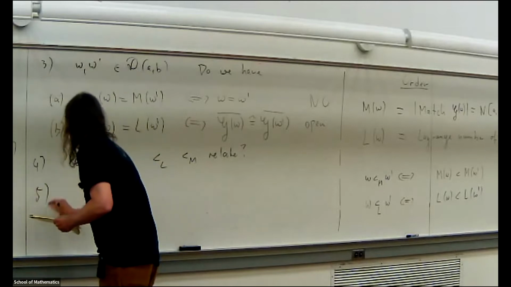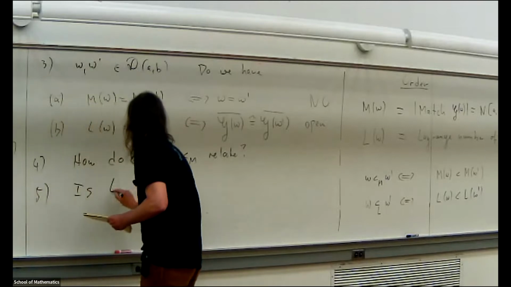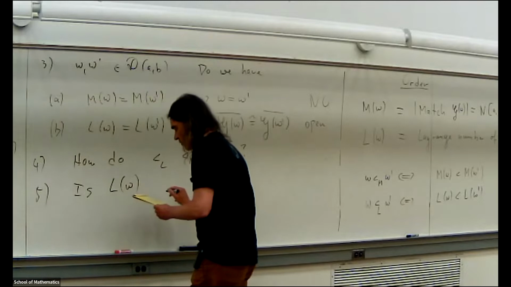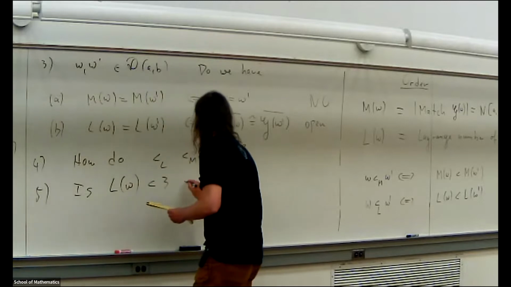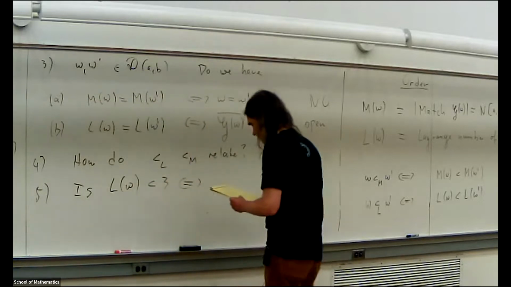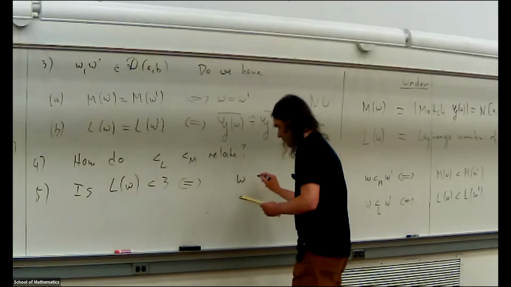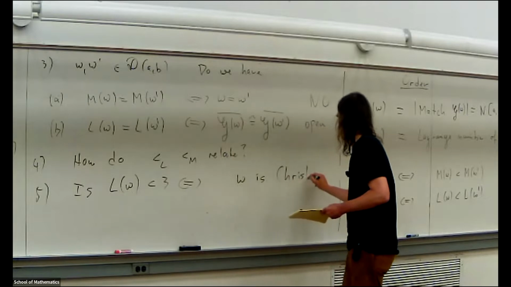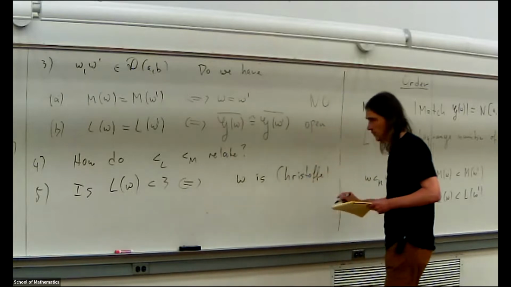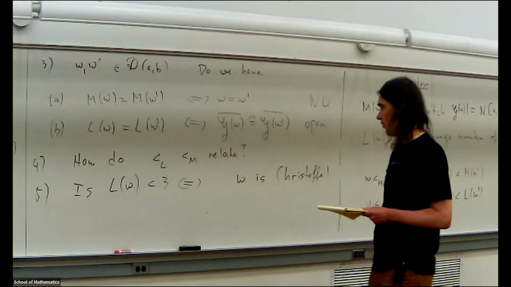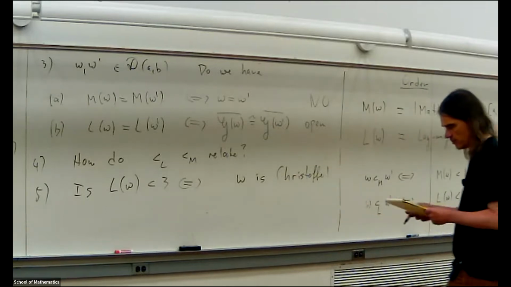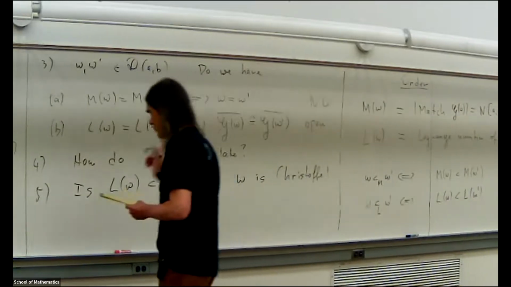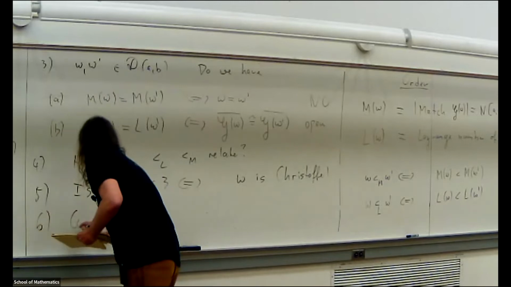Question 5: is the Lagrange number smaller than 3 if and only if W is a Christoffel path? In one direction we know, but the other one is open. Question 6, conjecture